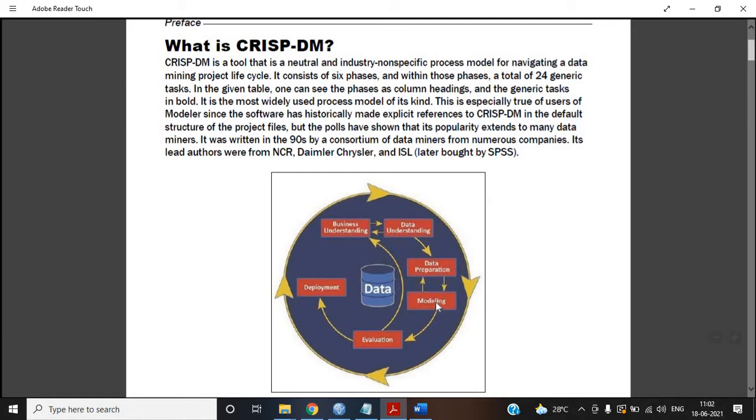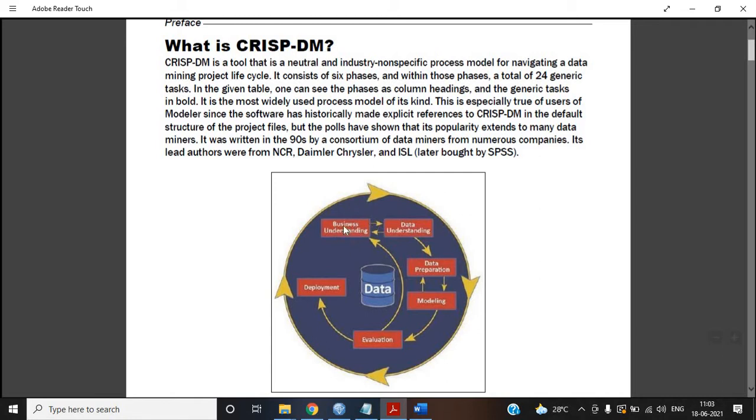So after modeling, we do evaluation. We have to check the accuracy of the data, check whether the prediction is accurate or not, and what changes we would like in the prediction. In the evaluation you check the accuracy and whether our data is suitable, whether what we have done is right or not. If what we have done is not correct, then we have to go back to business understanding and check whether our understanding of the business is correct or not.